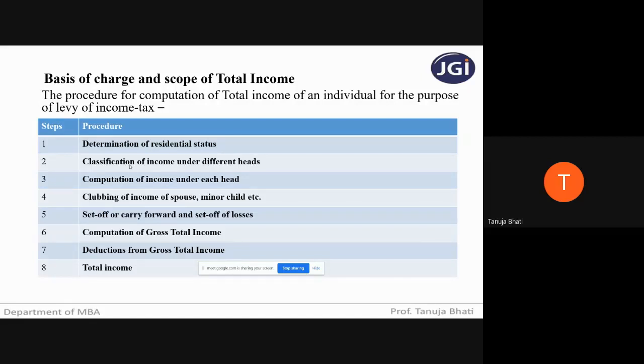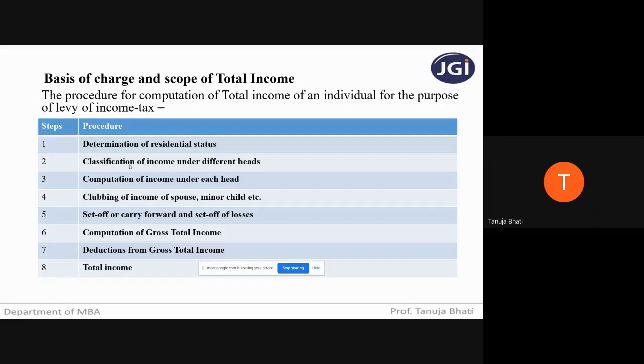Income from house property: all the income that you're receiving against a house property, either a rented property or a self-occupied property. Third is income from business or profession. If you're carrying out any business, or if you're giving out your talent, that is profession, then whatever income you're earning, you put under the head income from business or profession. Capital gains is any income that you're earning from the sale of a capital asset. Whether long-term or short-term capital asset, whatever gain you're earning will fall under income from capital gains.